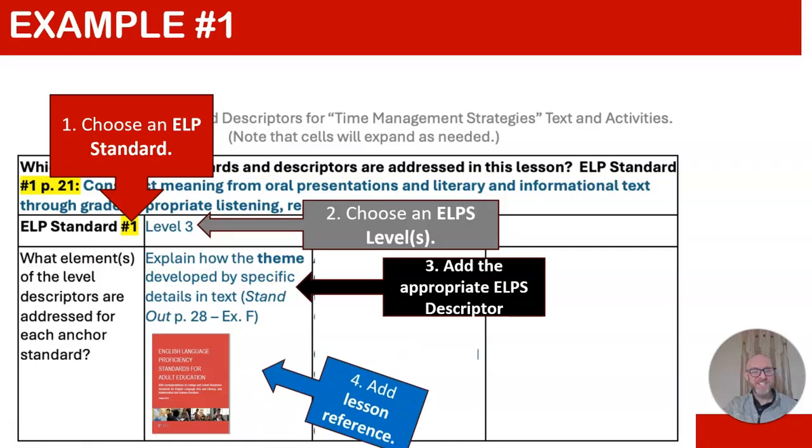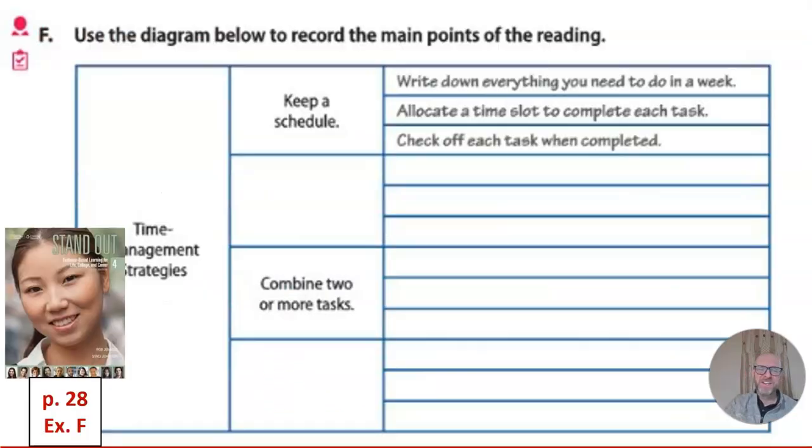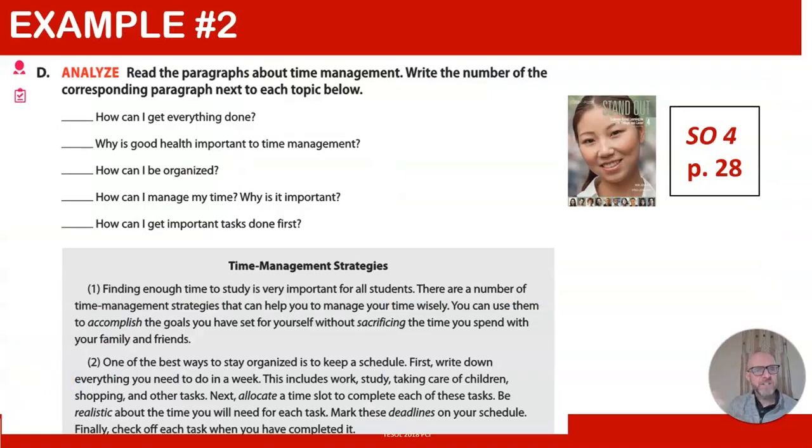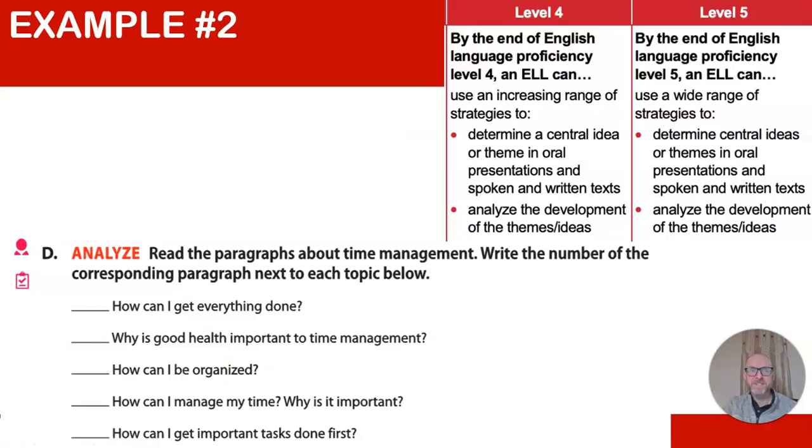Finally, let's add a little citation right here and add that lesson reference, which comes from Standout, page 28, exercise F. Let's look at a second example. For this example, we're going to be looking at our reading and the exercise where students have to come up with the main topic or idea in each paragraph. We're going to specifically look at some keywords here. For example, analyze. And we're going to see that keyword in our ELPS descriptors, specifically in ELPS levels 4 and 5. Analyze the development of the themes or